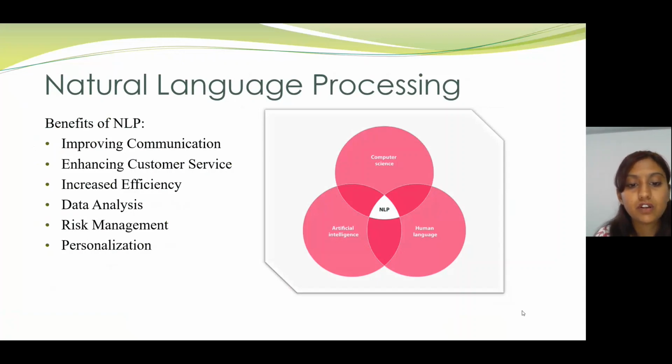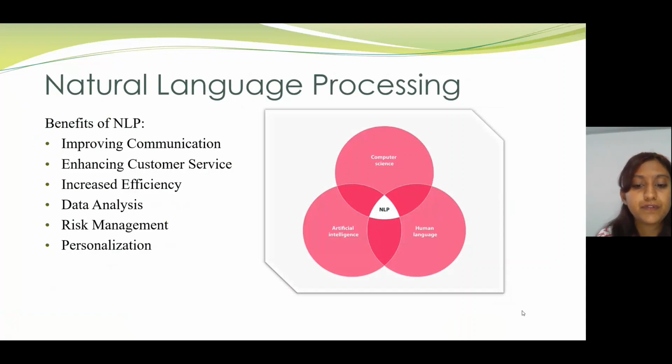As we know, it's a subfield of AI. Here it entails creating models and algorithms that allow computers to comprehend and produce human language. It entails instructing machines to interpret and process a sizable amount of natural language data, like spoken language, written text, and other communication. NLP is commonly a combination of computer science, human language, and artificial intelligence. So the benefits that we get by using NLP are like improving communication,